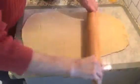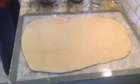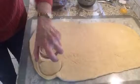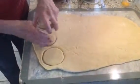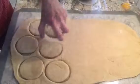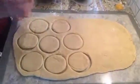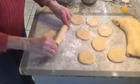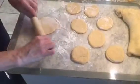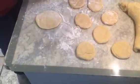And I use a glass to create my shapes. So you'll see, this is the size glass I use, about 4 inches. And make your circles. I like to resort to using a small rolling pin to stretch it out a little bit more. So that looks good. And then I take a tablespoon of the filling,